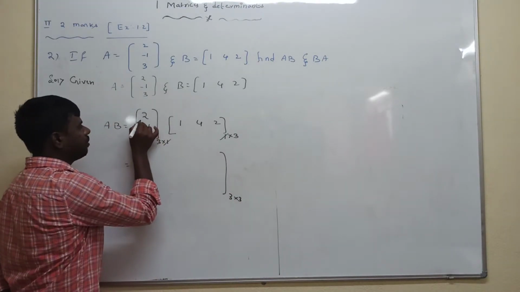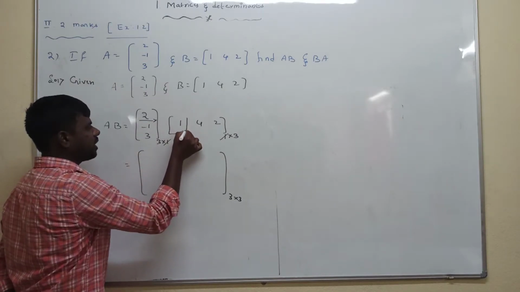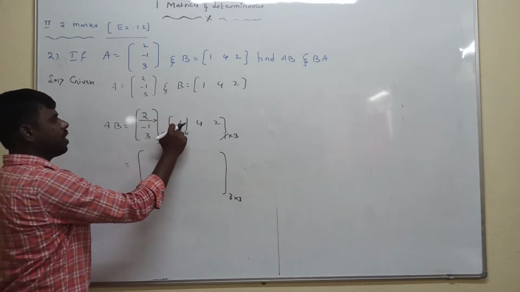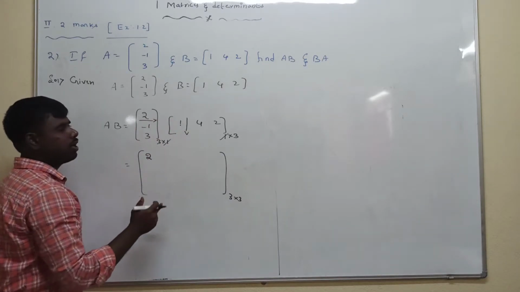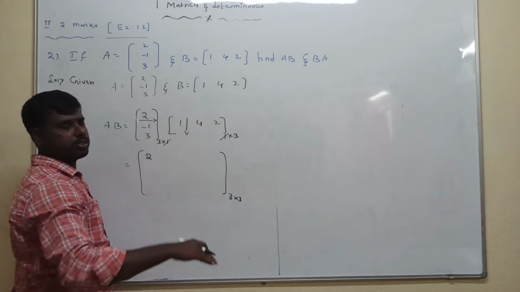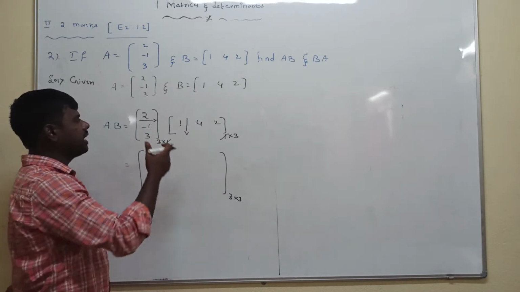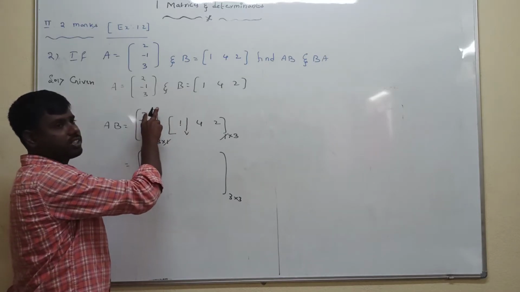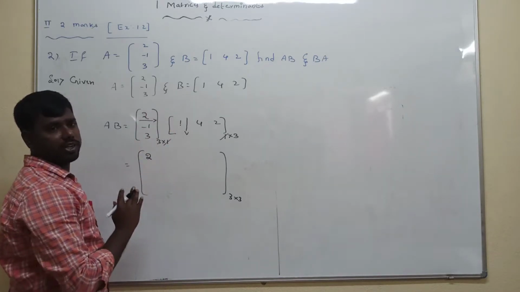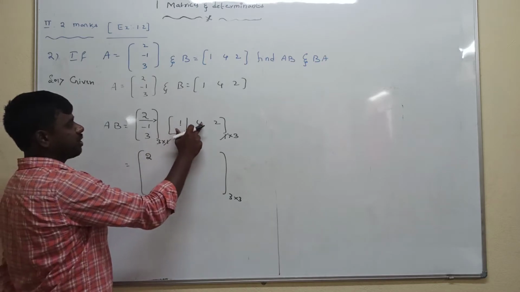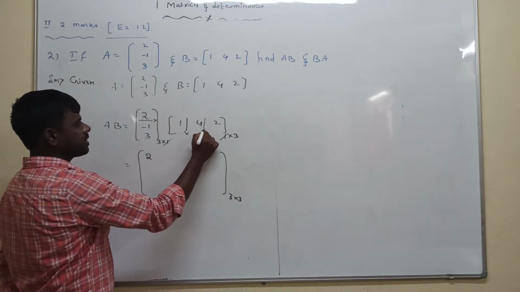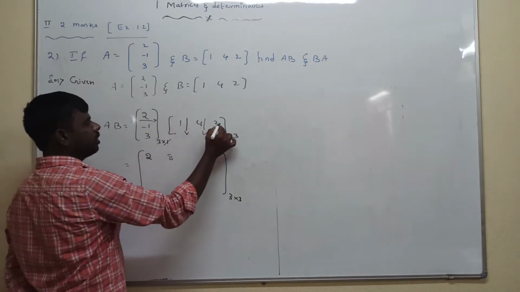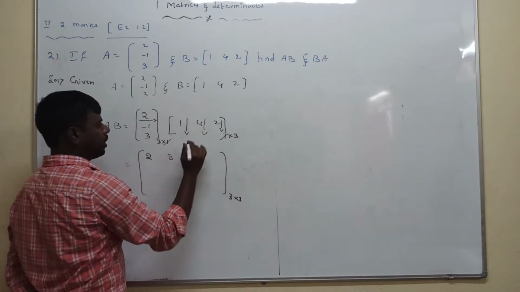Now take the first row from the first matrix, the first column from the second matrix. That's why 2 into 1, 2, over. Because the first row has only a single element and the first column has only a single element, the product of first row and first column is done. Next, the product for the second column element. First row, second column: 2 fours are 8. Next, first row, third column: 2 twos are 4.